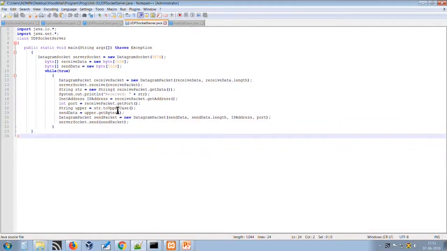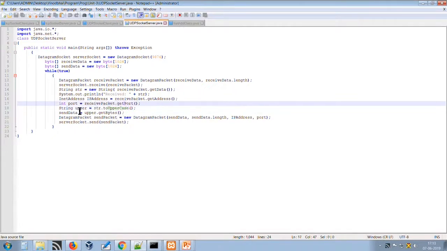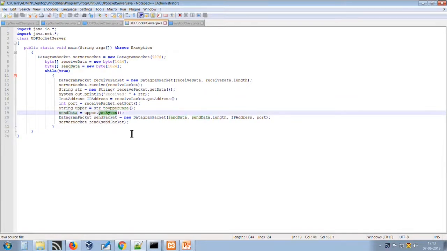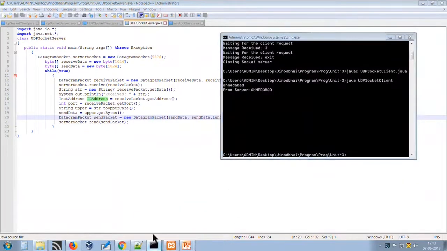What we have done here, see, is simply use the toUpperCase method. Once the server receives the data from the network, it converts it into uppercase and sends it back as bytes. See here, send the data to the particular localhost and the mentioned port number and IP address. So this way the UDP protocol is used with the DatagramPacket and DatagramSocket classes. So this is all about TCP and UDP programming in Java networking.